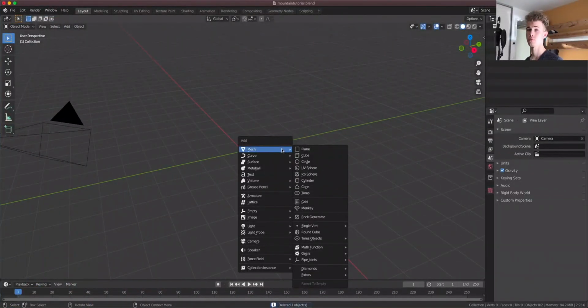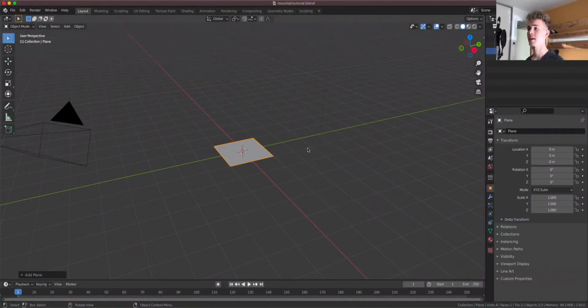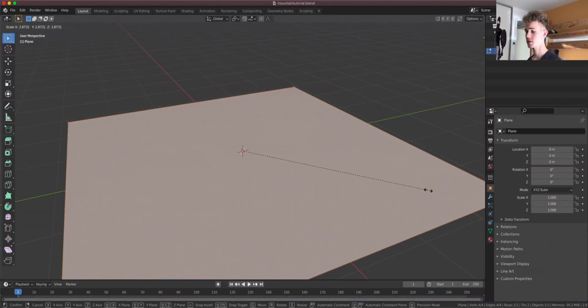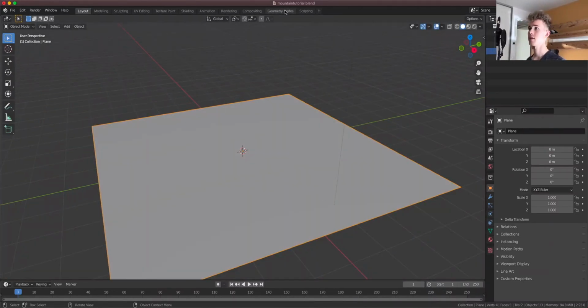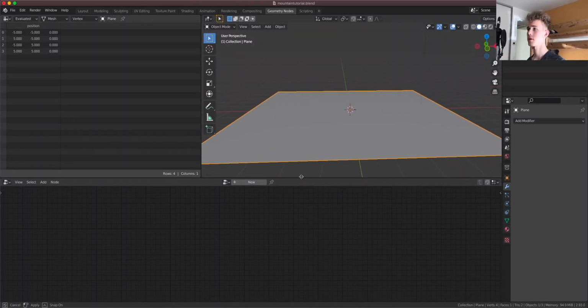So here is the tutorial. Let's start with the mountains. To add a mountain or to make a mountain in geometry nodes, we need a plane. Let's make this plane bigger, like for example 5, and let's add a geometry node workspace here, and let's start